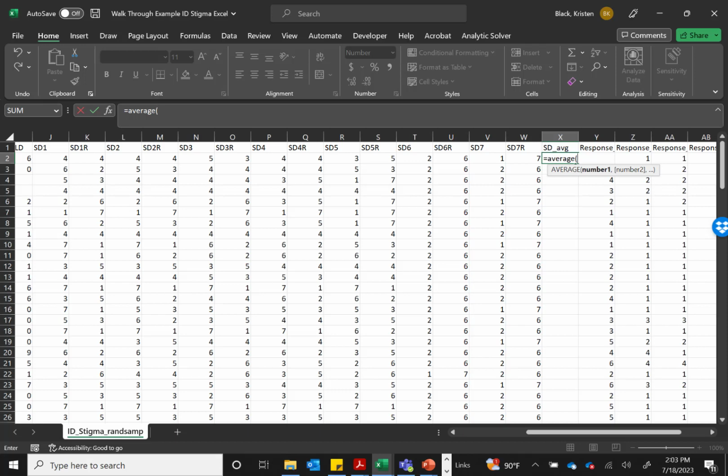Sometimes this is easy if numbers are right next to one another. Sometimes we have to select a bunch of different cells if they're not next to one another. In this case, they're not next to one another. I want to use all of the reverse items, so I'm going to click or type the cells that indicate the values for each reverse worded item. So first, the social distance 1 reverse, and then I'll include a comma to separate that this is a separate cell. And then I'll click or type M2 for the second reverse coded item, and then O2 for the third reverse coded item with a comma afterwards,